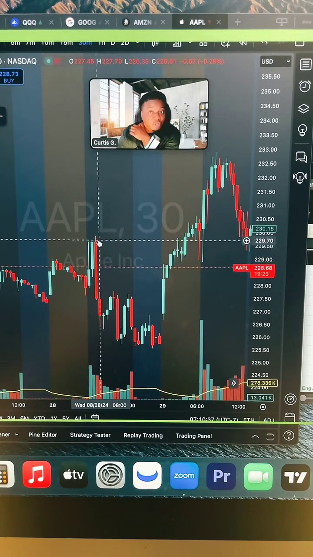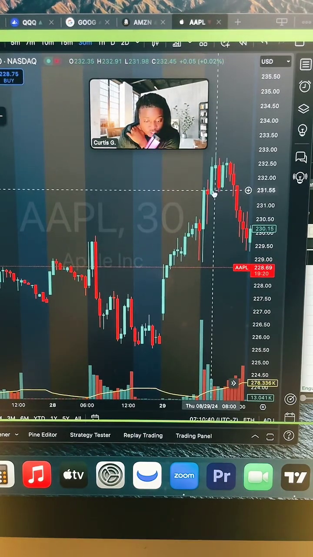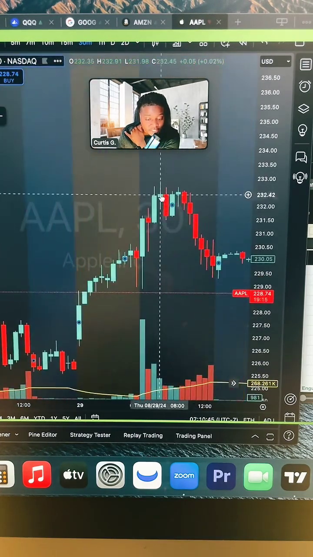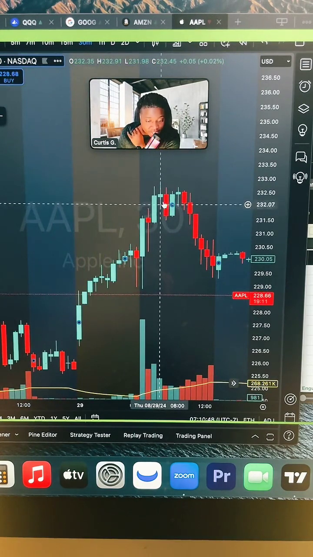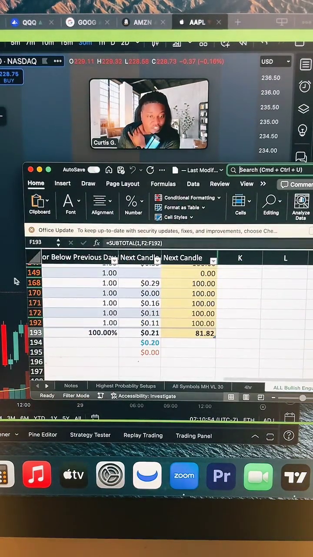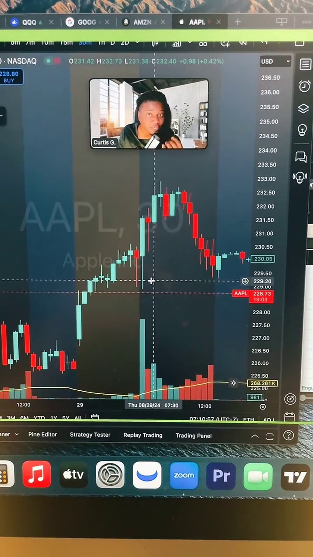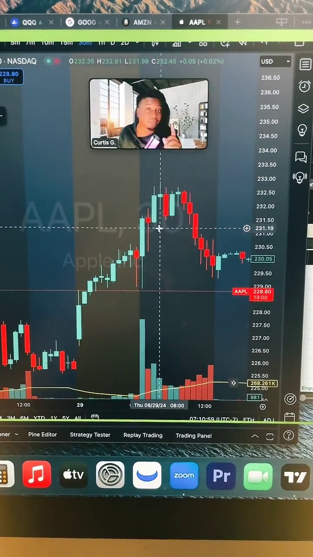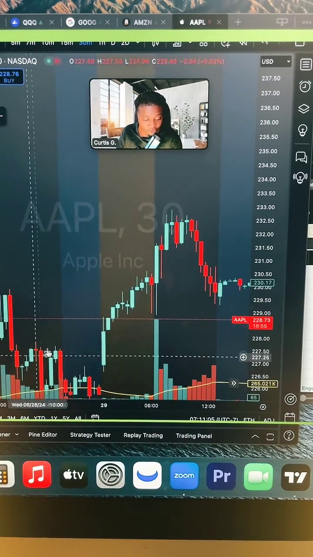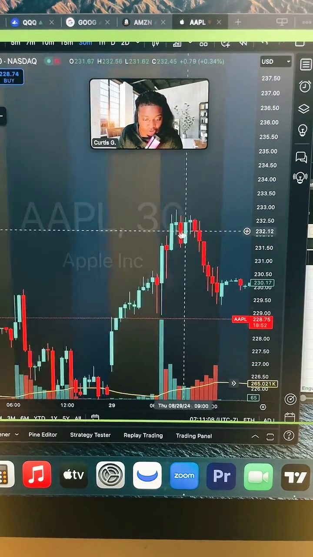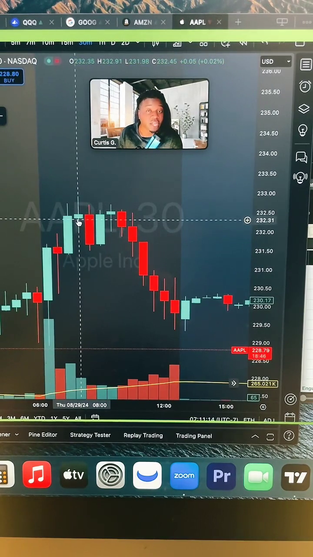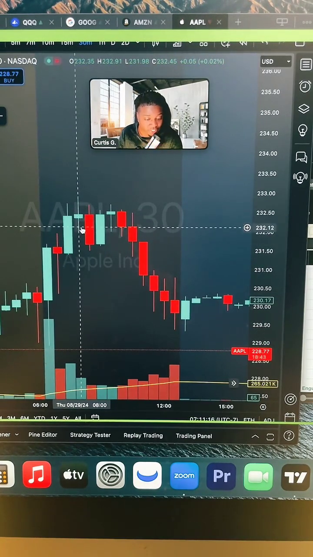So let me know you're rocking with me, right? So when you see a bullish engulfing that happens above the previous day high, according to the backtesting log, there's an 80% chance that the candle that you enter on is going to have a success rate right here. 80% chance. So this is primarily for scalping and primarily for looking at the 30-minute chart, this particular strategy. So let's say you see a bullish engulfing that occurs above the previous day high. There's an 80% chance that this candle that you enter on, this one right here, where my cursor's at, is going to be bullish, and that's exactly what we saw.